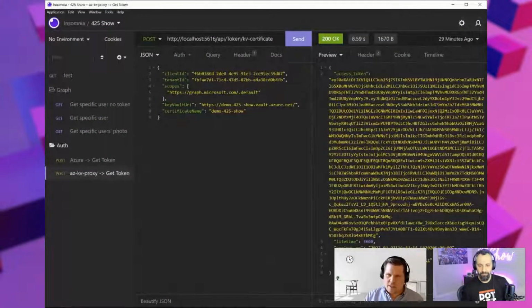I have built a small application. Maybe you can share my screen. Yes, I can share the screen. Absolutely. There you go. It's a small .NET Core 6 API, which has some endpoints where you can request an access token using client certificates. That doesn't sound very interesting, but normally if you use client certificates,